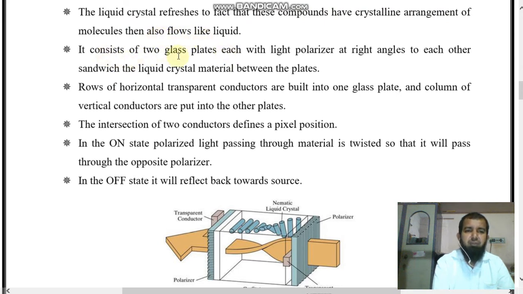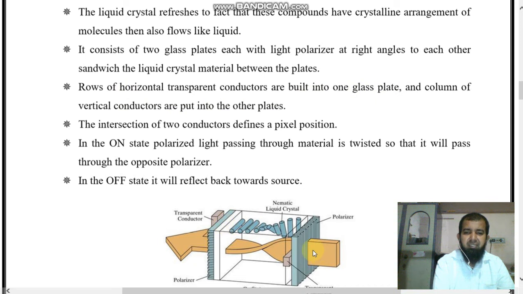It consists of two glass plates, each with a light polarizer at a right angle to the other, sandwiching the liquid crystal material between the plates. So these liquid materials are between these two plates. Rows of horizontal transparent conductors are built into one glass plate.